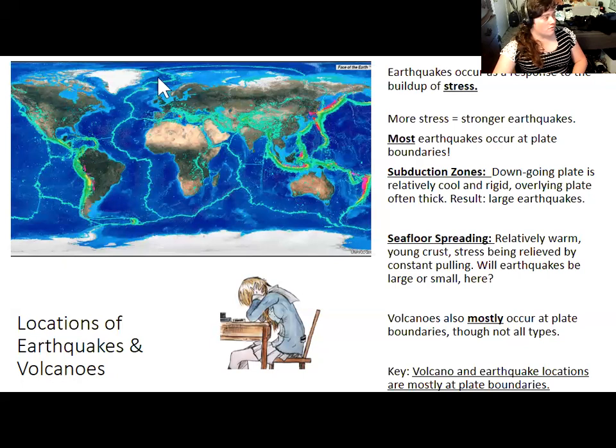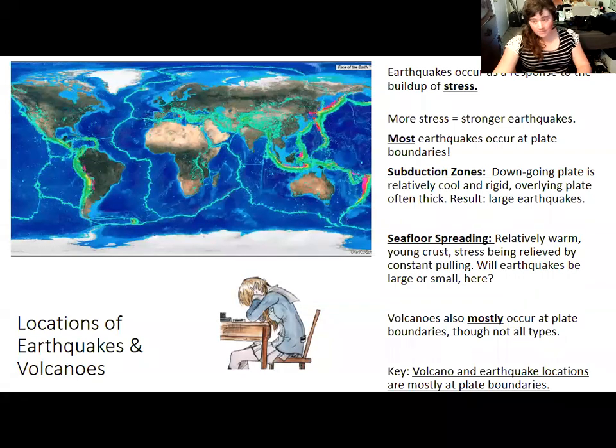What about along the mid-ocean ridge? Is it a really thick concentration of green dots compared to, say, Japan or the western coast of South America? It's relatively thinner, right. And that actually has a lot to do with how warm the crust is at the mid-ocean ridge. Because at the mid-ocean ridge, you have crust that has just cooled. It's pretty young and warm, and it's under constant stress, but since it's still pretty warm, it's not quite as brittle, and you get lots of little earthquakes relieving the stress. You get the big earthquakes with subduction because that's cold rock that is really brittle, and that tends to build up a lot of stress when it's